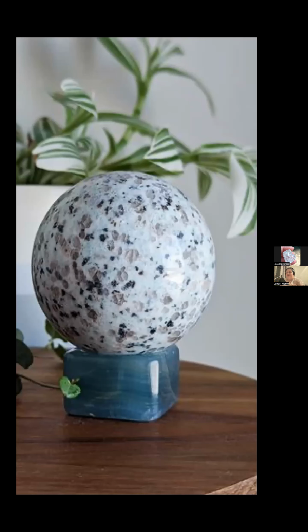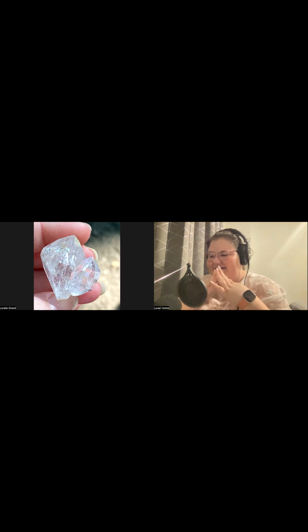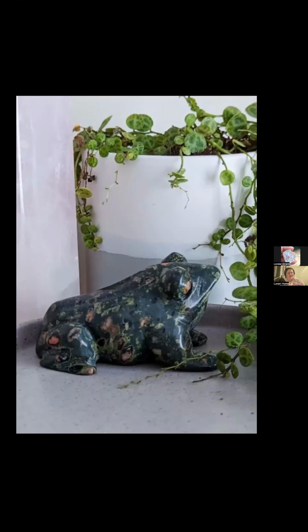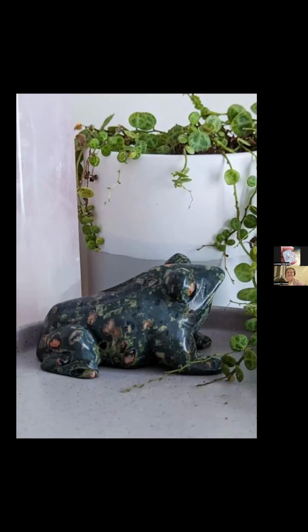And on that, we didn't really talk about what all jaspers there are. Other than the ones we've already said, there's leopard jasper, there's coffee bean jasper, and there's a lot. My brain is like, I do not have a list here. Rainforest Jasper looks like this little frog.